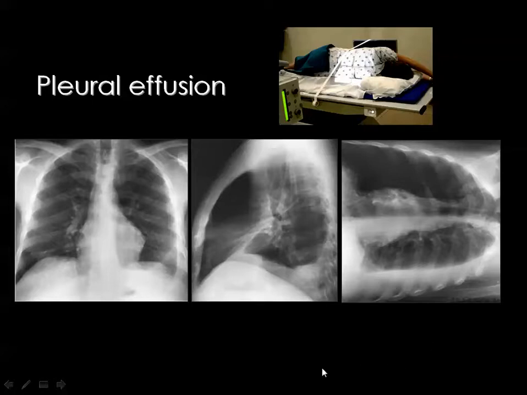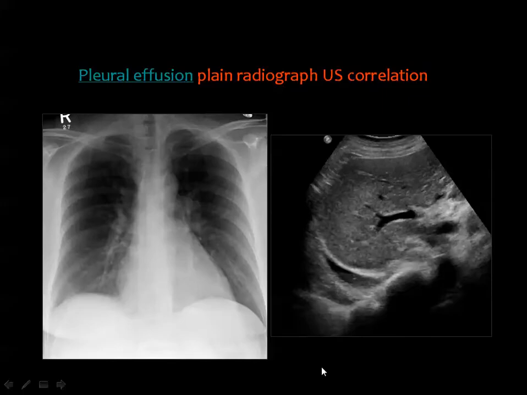Actually, nowadays we do not use this projection. Instead, we use the ultrasound, and we put the ultrasound in the region of interest, and you can see minimal fluid in the costophrenic angle, and this is the liver, of course, and here you can see the